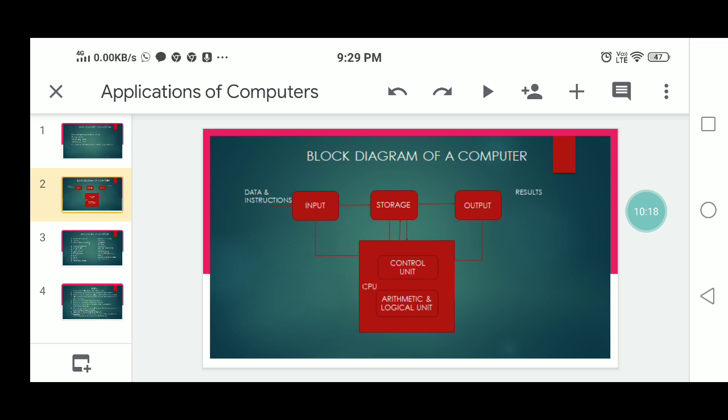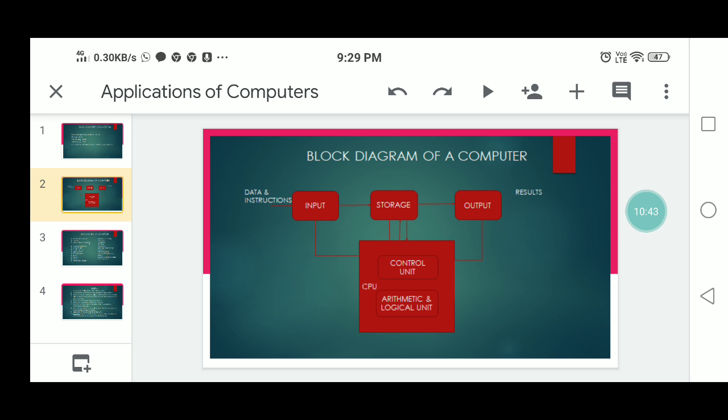This control unit decides the manner in which instructions will be executed and which operations will be performed. It takes care of step-by-step processing of all operations that are performed in the computer.